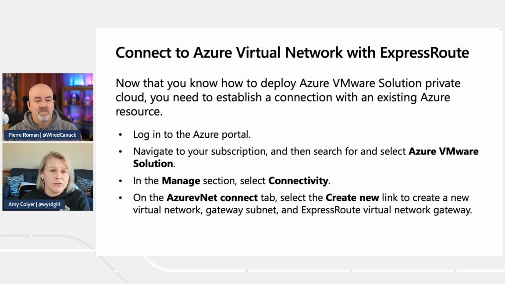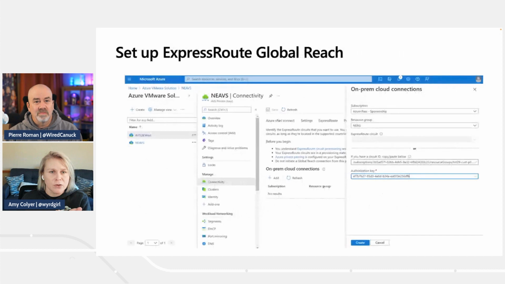So in order to enable this, you have to have that Azure vConnect and create your ExpressRoute gateway. So you go into your portal, and then go into your subscription, and you actually type in the subscription ID of the other site, and then you put in an authorization key that you request. So you request an authorization key and paste it in there, and then you're able to connect to the other